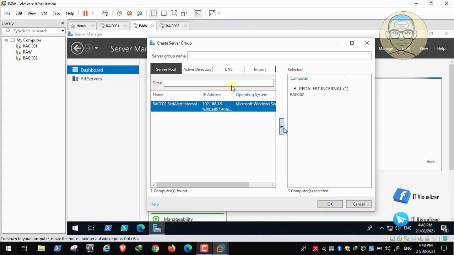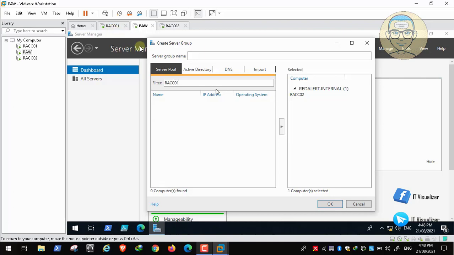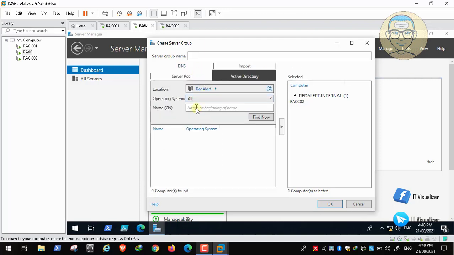So here we have added it, and then we go to the Active Directory, not the server pool. We need to search for the name of the server. So here, this is not correct. We need to go to the Active Directory, okay, and then search for the name of the server, RACC01, and then we need to find now